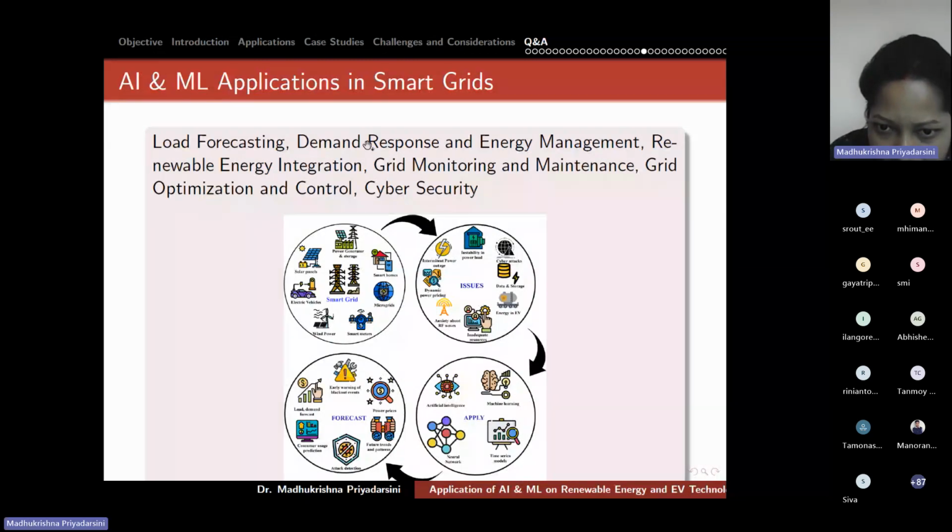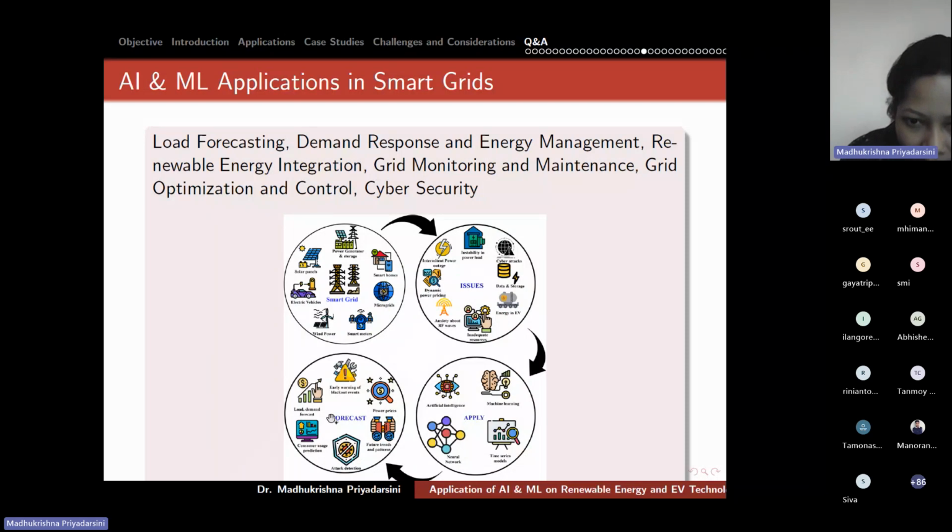So these are certain issues mentioned here, and then how we are going to implement the machine learning and the AI/ML techniques there, and what is the output of the implementation, which kind of prediction or forecasting we can do. So load demand forecast we can do. It will go for the load forecasting. You can save the machines. If there is a breakdown going to happen, we can save the machine from that